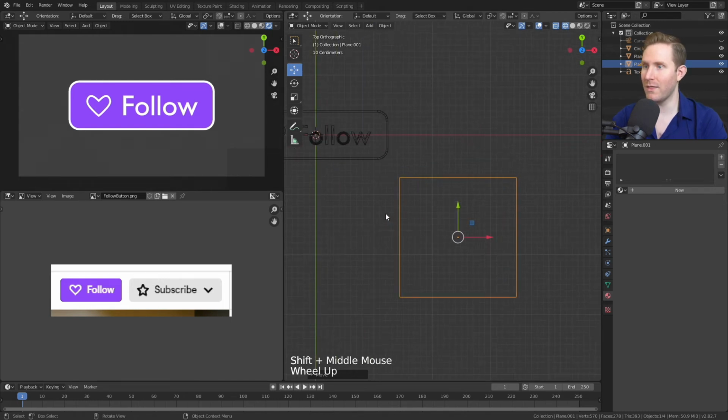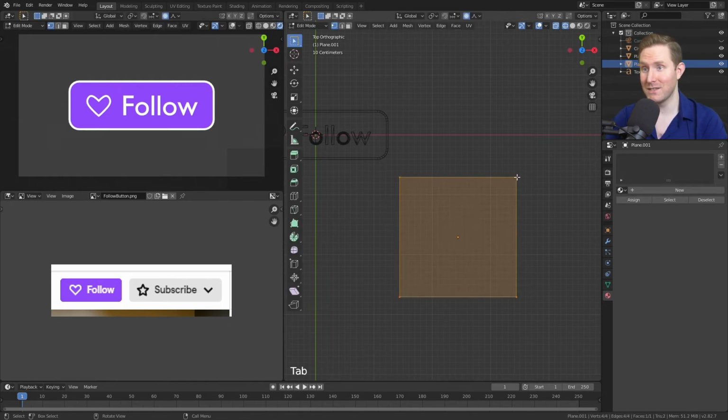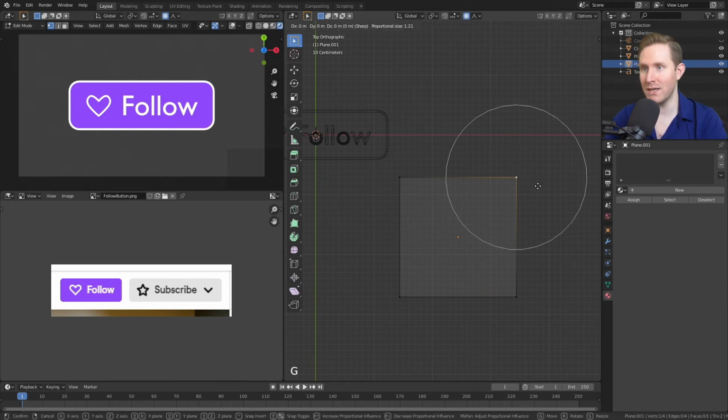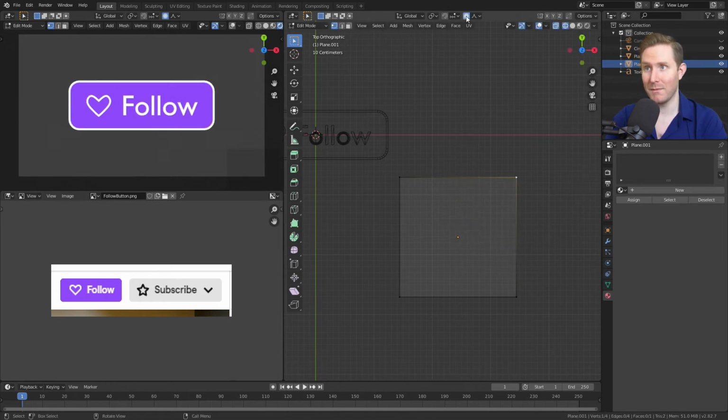So you'll notice that the left side of the cursor is perfectly straight, and then the top side is diagonal at about a 45-degree angle. So I'm going to just hit tab to go to edit mode, select this upper right-hand vertex, hit G, and you're gonna notice that I still have my soft select on, and we're gonna wanna turn that off. So I'm gonna make sure that's off,